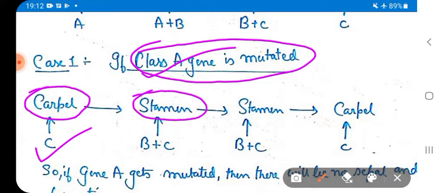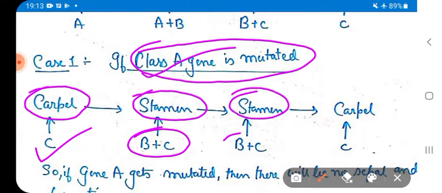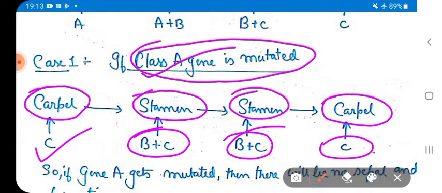For development of stamen, B plus C. So the second whorl will be stamen. The third whorl will also be stamen, and the fourth whorl will be carpel. So there will be no formation of sepals and petals if your class A gene is mutated, because in that place class C gene comes, and the first whorl, instead of having sepals,